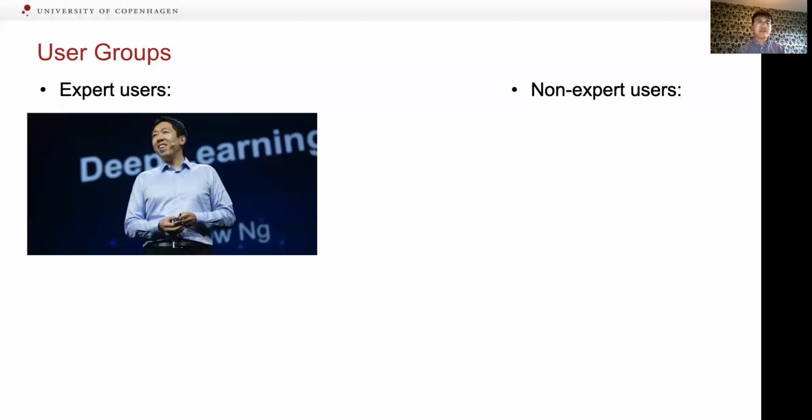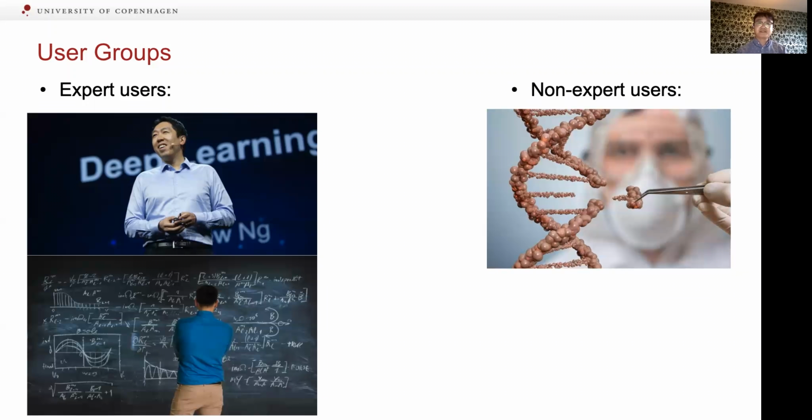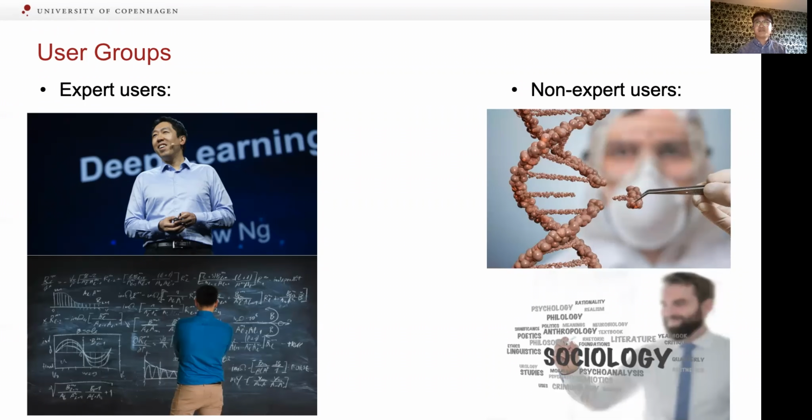Data scientists and mathematicians are the experts of statistical modeling, but they are not enough because a real-world problem is often domain-specific. We need domain experts to actively engage in the model building process. They might be biologists, chemists, or sociologists. Sometimes they even have to build models by themselves, but they have limited knowledge and experience. They need our help, and they are the main focus of my current research.